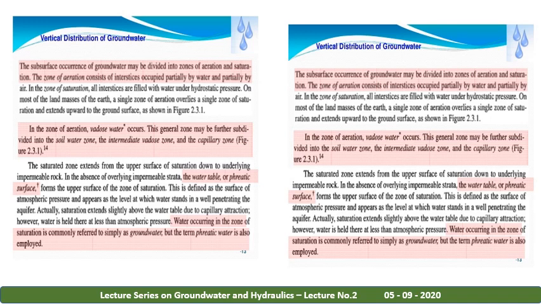The saturated zone extends from the upper surface of saturation to underlying impermeable rock. In the absence of overlying impermeable strata, the water table or phreatic surface forms the upper limit of the zone of saturation. In this particular distribution of groundwater,